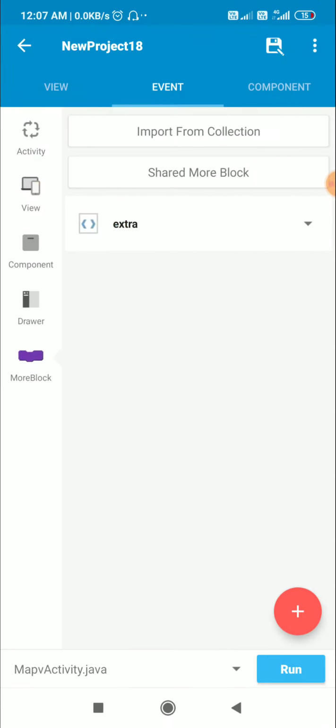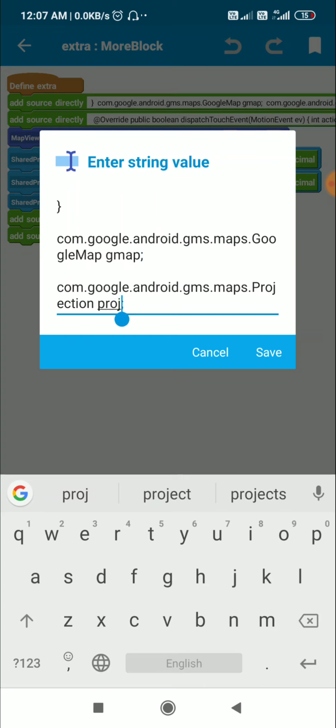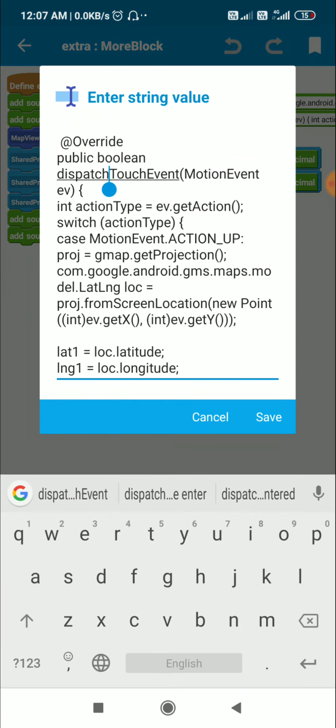Now after that, in this more block extra, after declaring gmap and this projection proj, I add a dispatch touch event: @Override public boolean dispatchTouchEvent(MotionEvent ev).